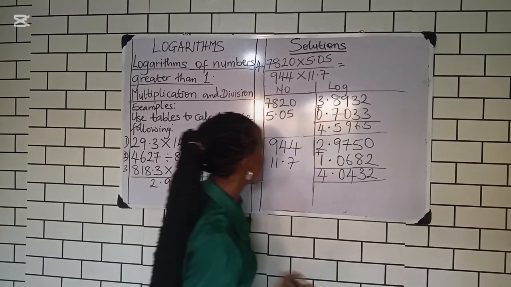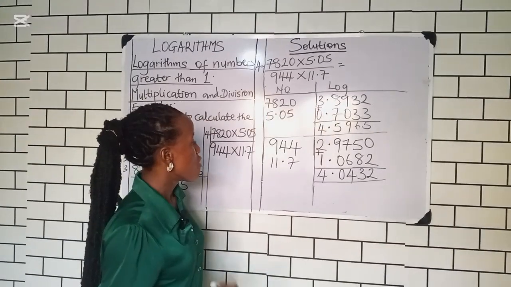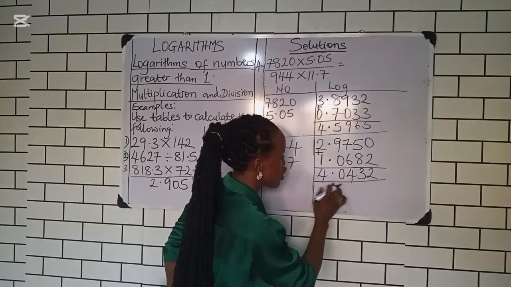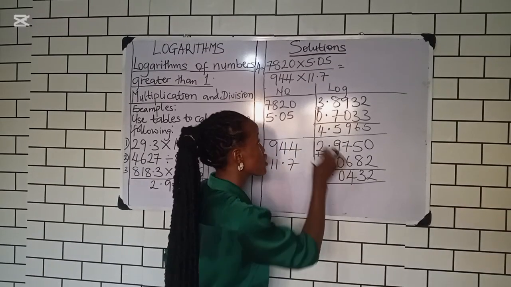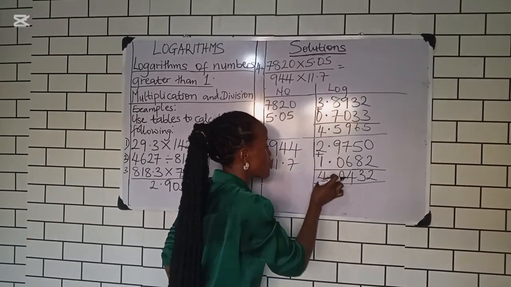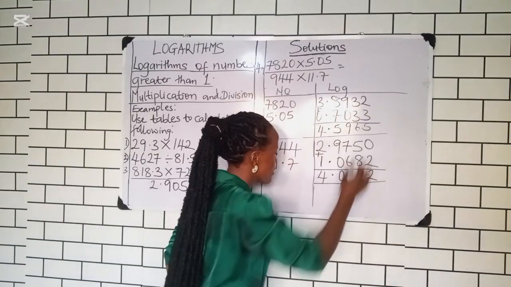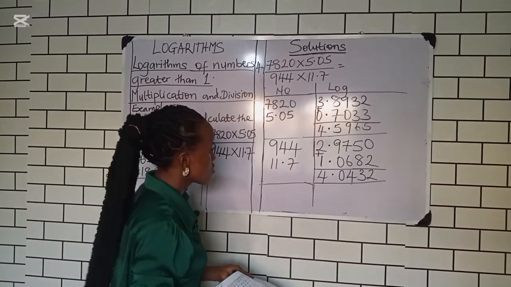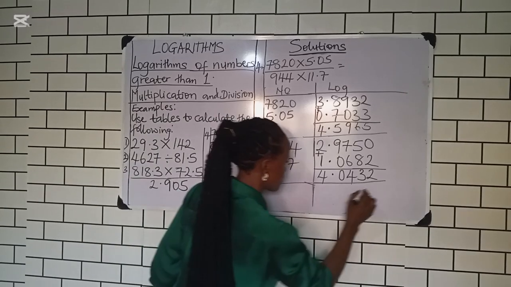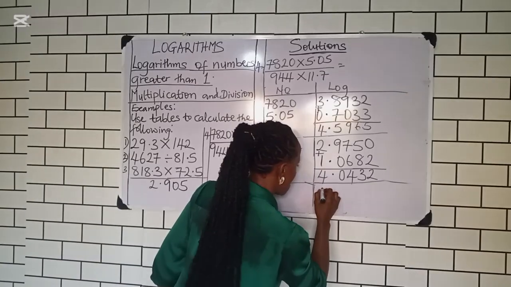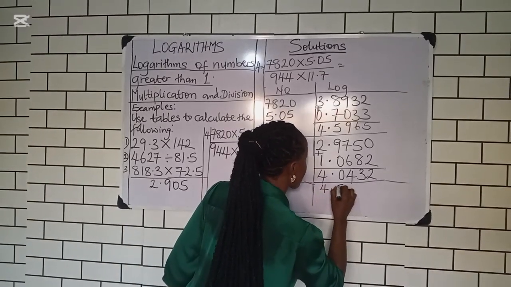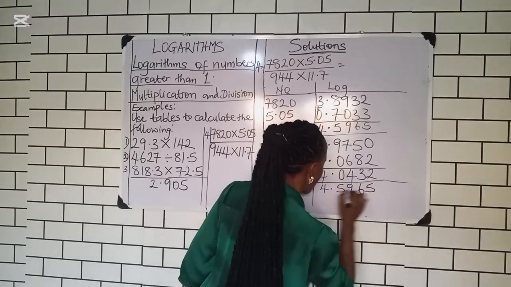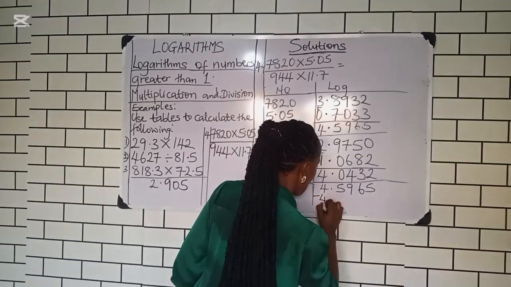We are not yet done. Now what are we going to do next? We are going to take this sum and subtract this one here because of the division line. We are going to subtract this from this. Now, bringing this down, we have 4.5965 minus